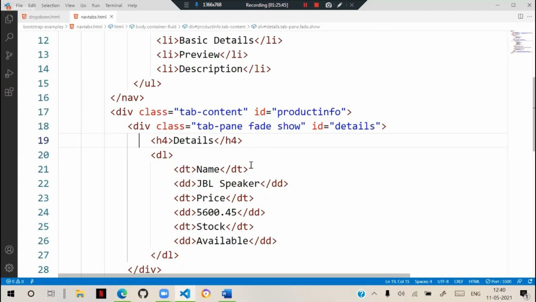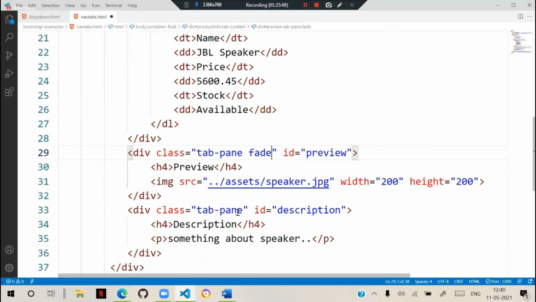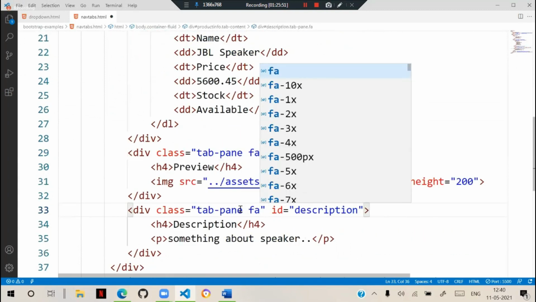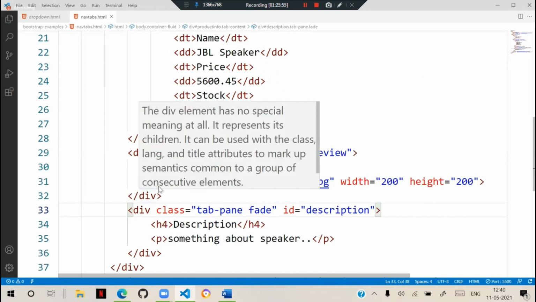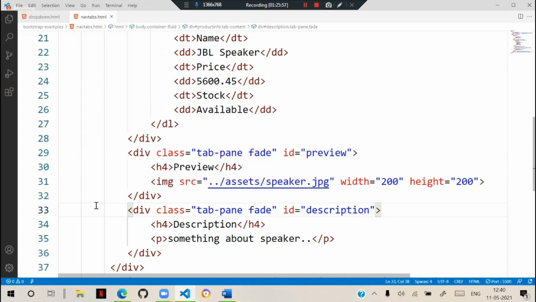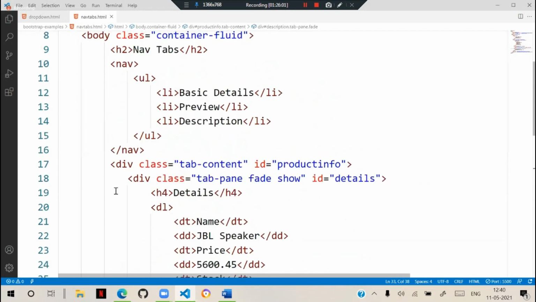By default, all tab panes have fade. One option is using show fade. We are configuring this. And generally, when you are designing this and keeping it inside, actually, this is the navigation.